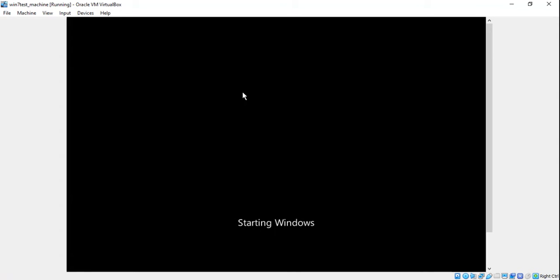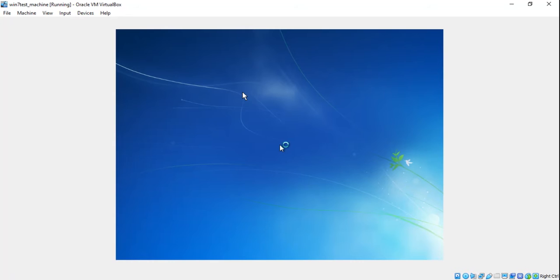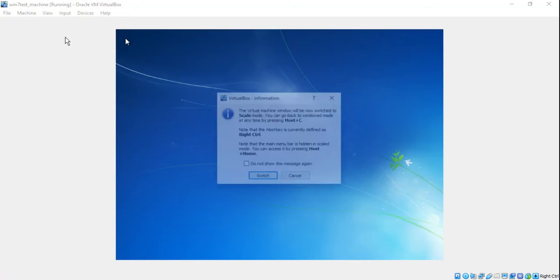Starting Windows. We have to wait till the process ends. Let's click on scaled mode.